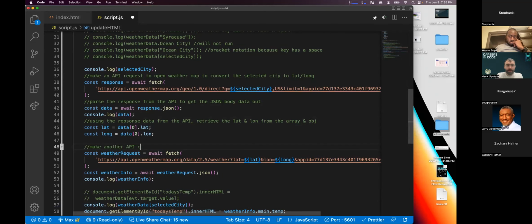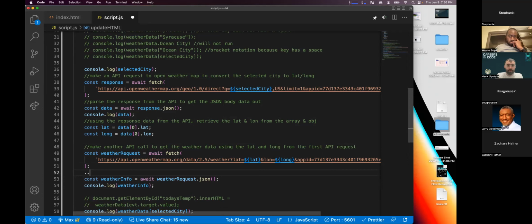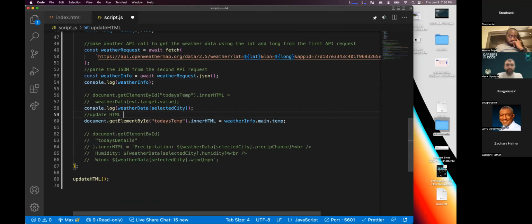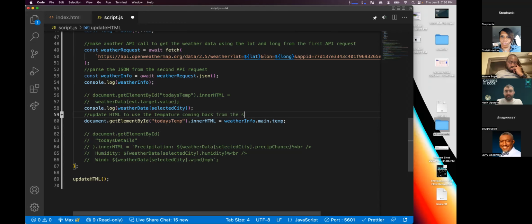Make another API call to get the weather data using the lat and long from the first API request. Parse the JSON from the second API request. And finally, update HTML to use the temperature coming back from the second API request